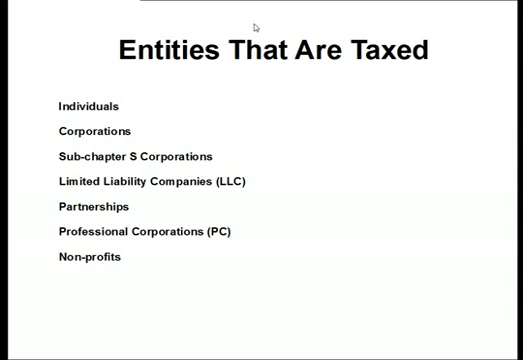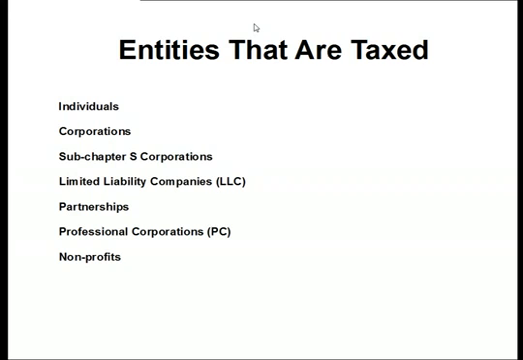So let's first of all talk about entities. Now, some of this stuff I'm fully acknowledging is going to be basic, and you're probably wondering why I'm covering it, okay? But there is a purpose. So, first of all, entities that are taxed. Who pays taxes? Well, basically in the United States, everybody. The old joke, the only two things that are guaranteed are death and taxes. Well, the thing that you need to realize is that as we talk about tax types and filing deadlines and things like that later on, the entity being taxed matters, okay?